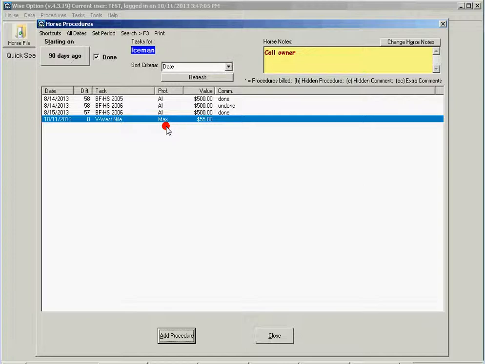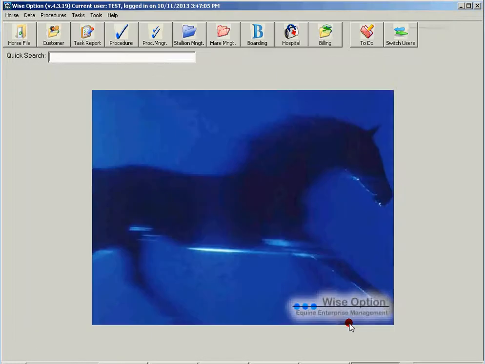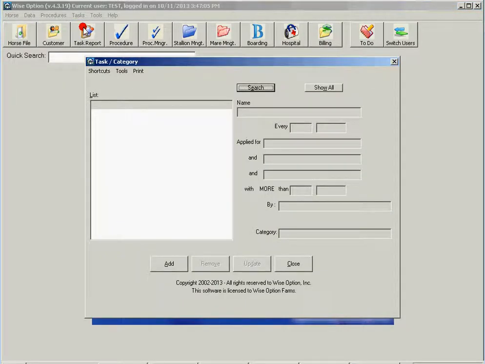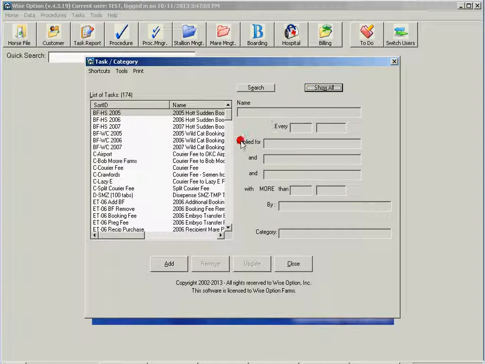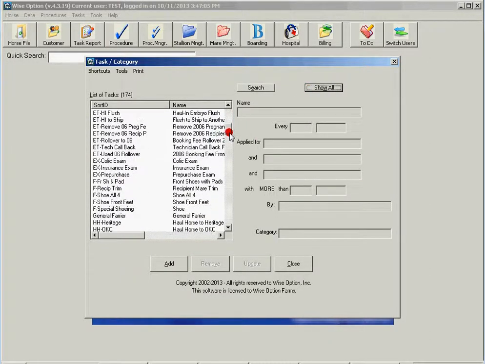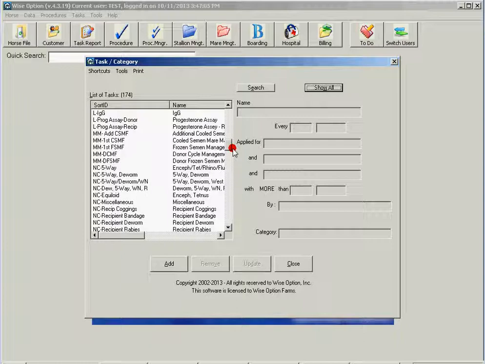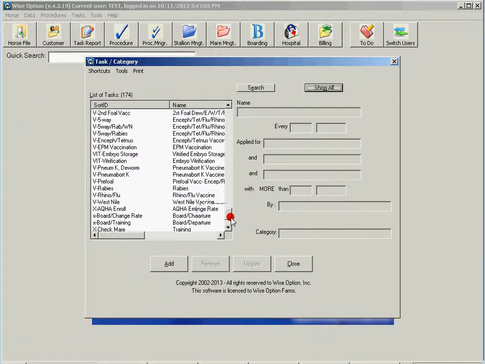Likewise, this is going to happen for reminders, triggers, multiple horse data entry, and all kinds of entries you make for procedures or reminders in WISE option. Well, the point that I want to get back here to emphasize is the tasks that we just talked about. And the reason that we do need to, like in West Nile here,